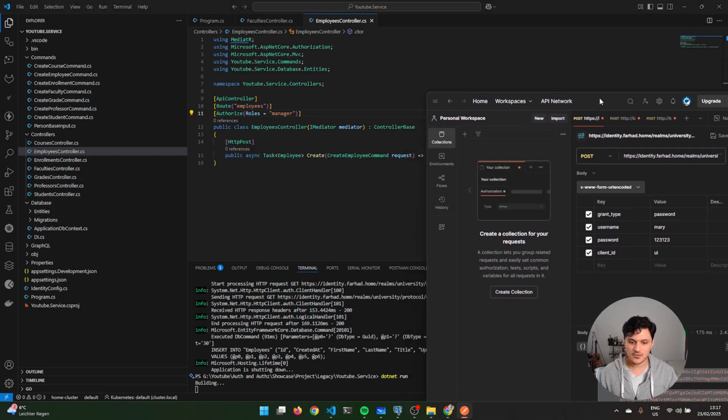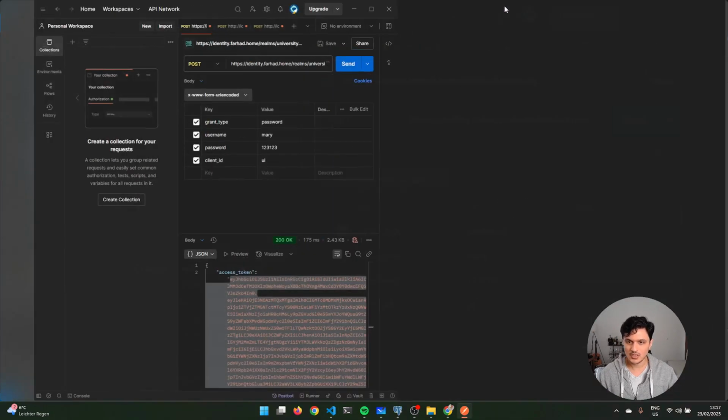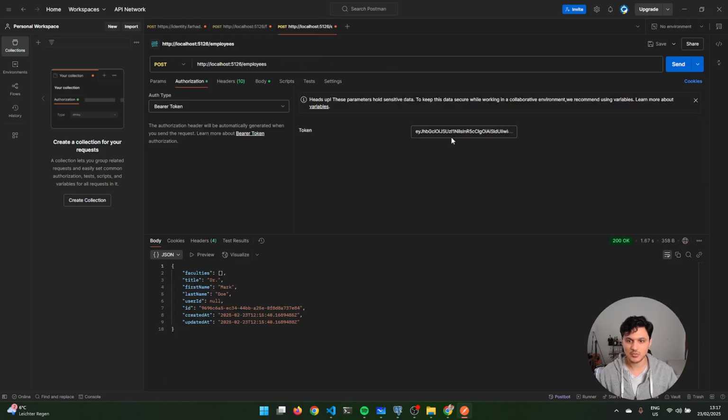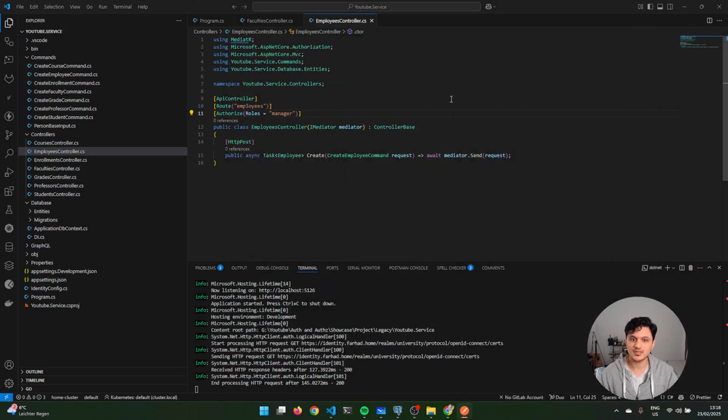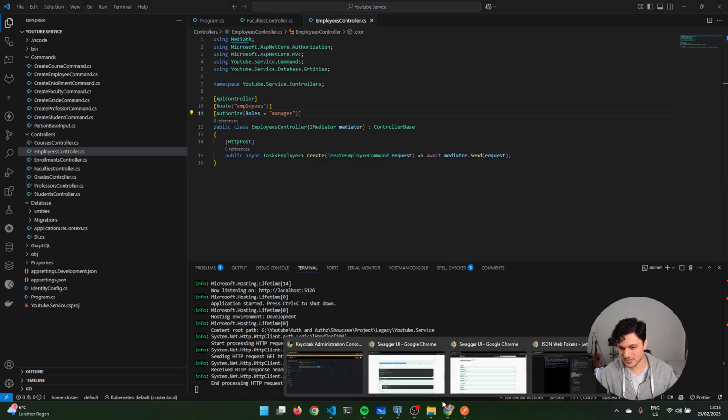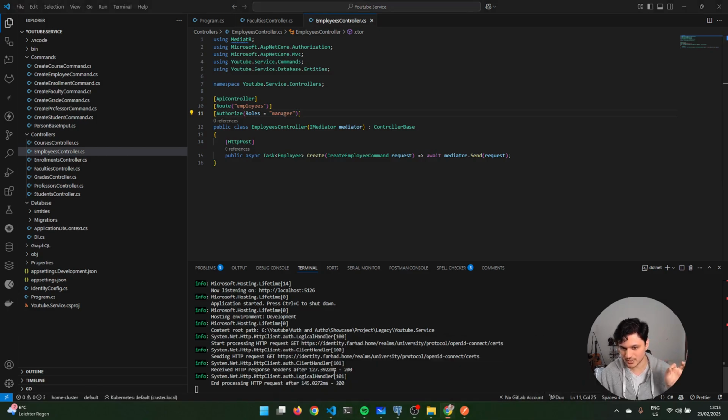Before, when I ran the create employee with my token, it worked. But now if I run it again, it says 403. Now it says not 401. I'm still authenticated, but it is forbidden for me to access it because I don't have the needed role to access this. Now let's go on and add the role, because there is also a point here about Keycloak and